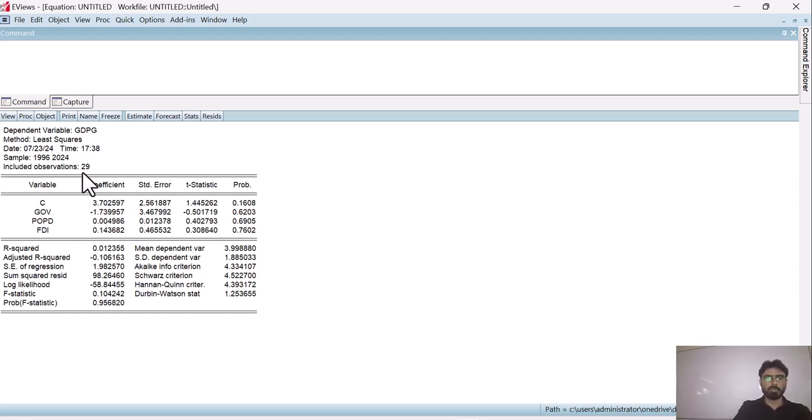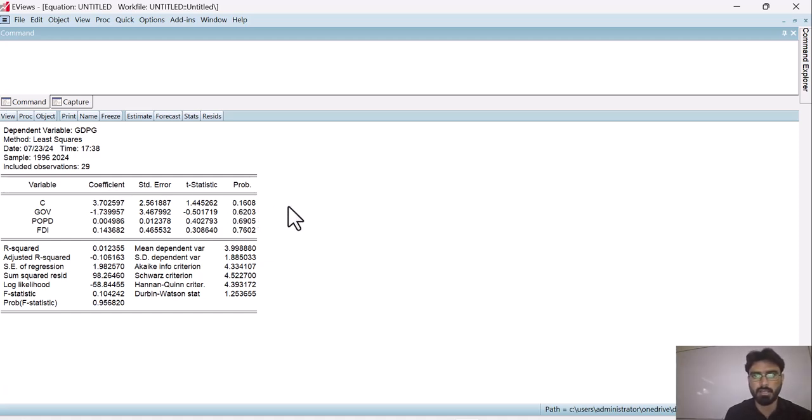And this is the result. C is the constant or intercept, GOV, POPD and FDI are our independent variables, and here this is the probability value, this is the t-stat, standard error and coefficient.